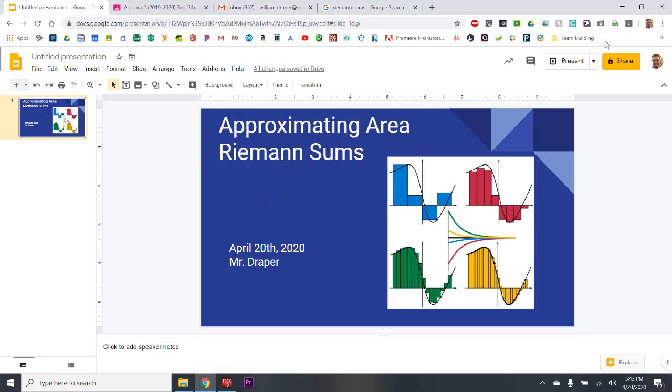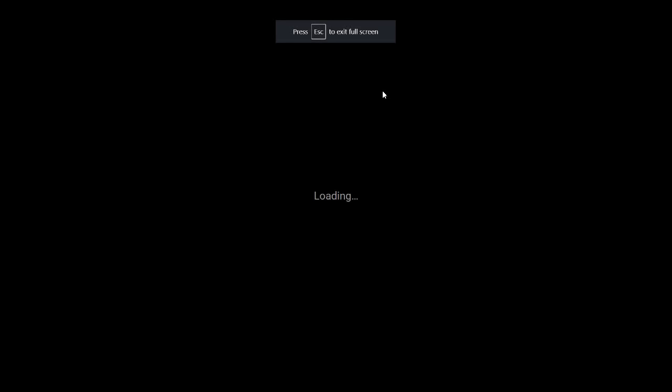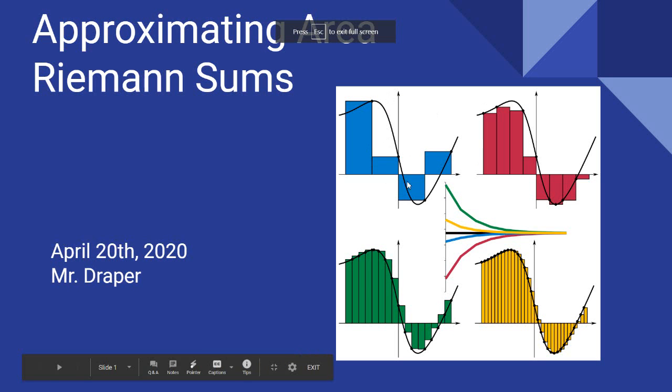There's a picture here. Okay, so you can kind of see here what we're doing. We're using rectangles because it's the easiest thing to calculate. The area of a rectangle is very simple. So notice that here in this first curve, I only have 4 rectangles. The approximation is not going to be very good. Okay, and you can see that I picked a particular side for that rectangle for it to be on the curve. But if I added all these areas up, then I'm going to get an approximation, but it's not going